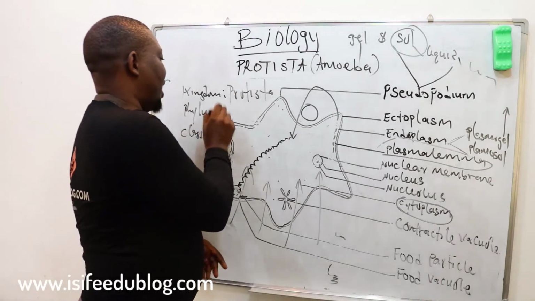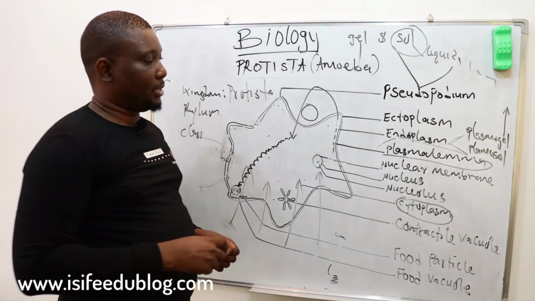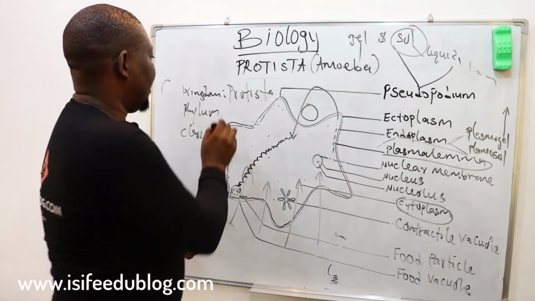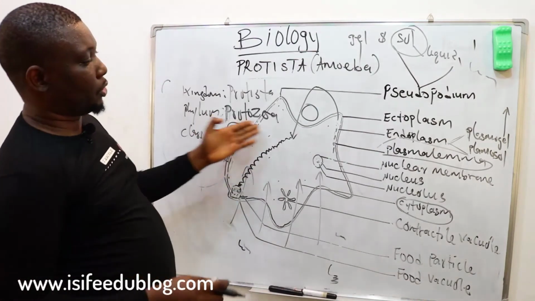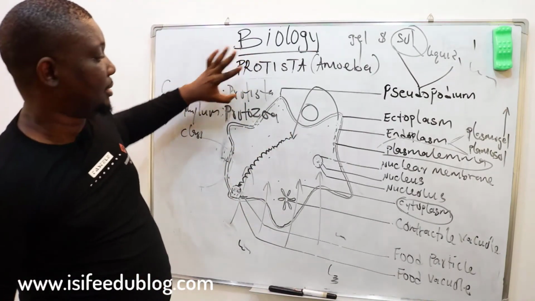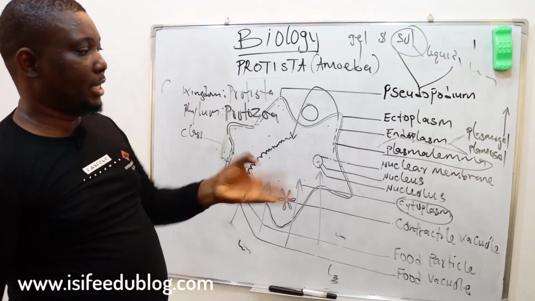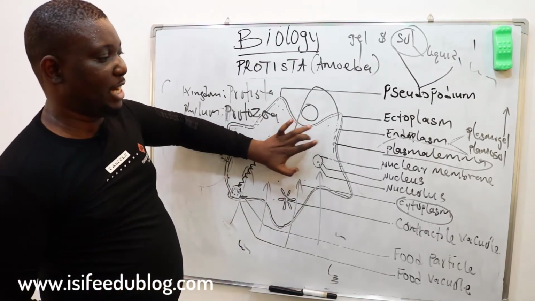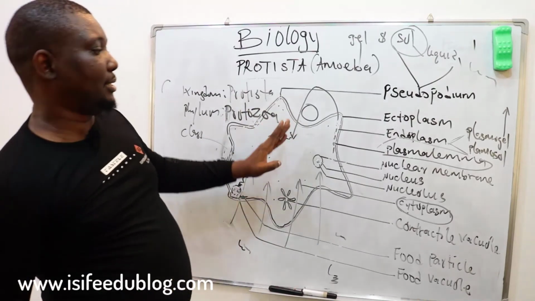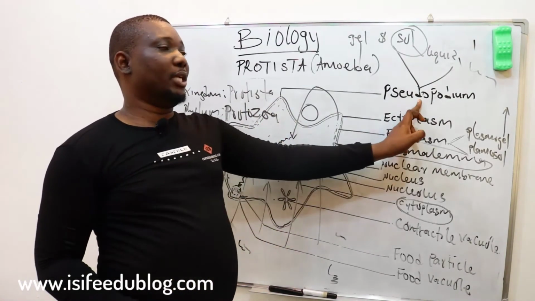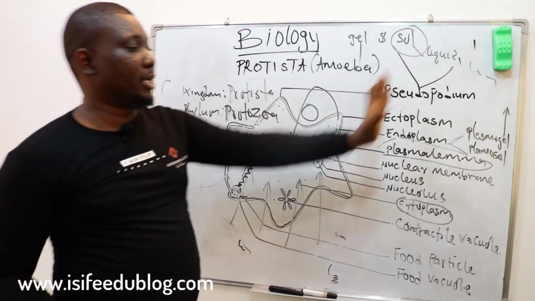Protista. Then to which phylum is it placed? It is placed under the phylum Protozoa. What is Protozoa? Protozoa are protists that are animal-like in nature. What makes this organism animal-like? There are so many reasons. One is that this organism can move with its pseudopodia from one place to another.